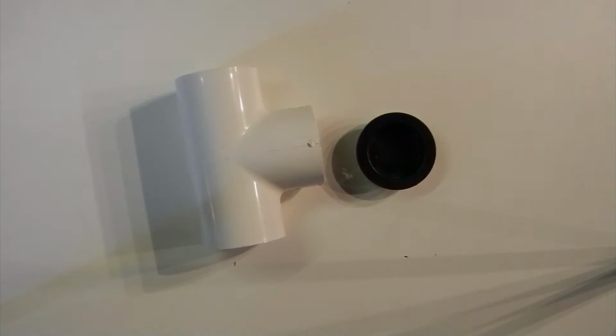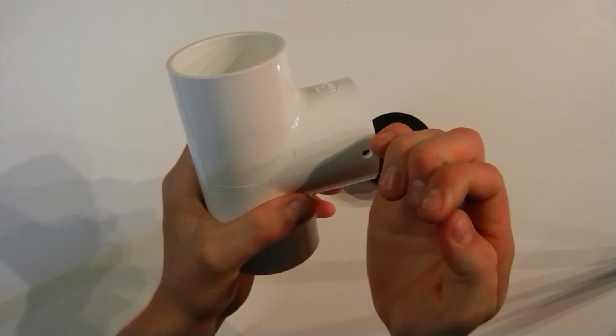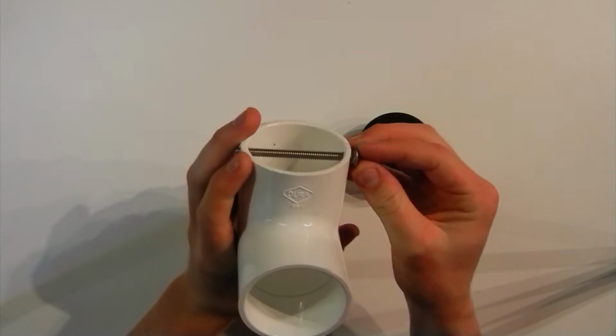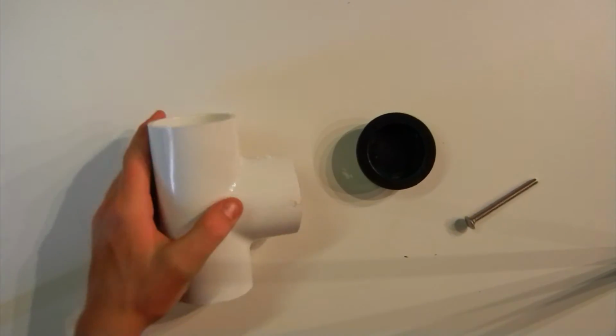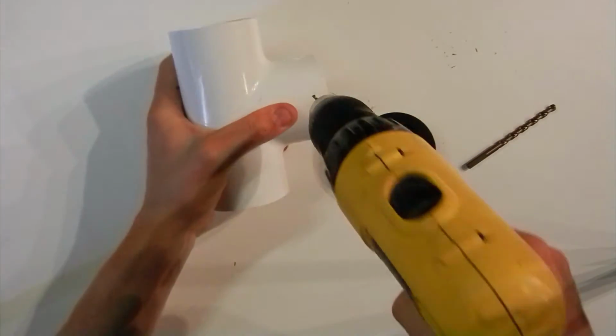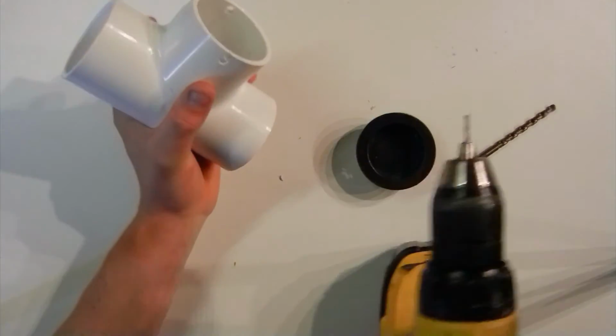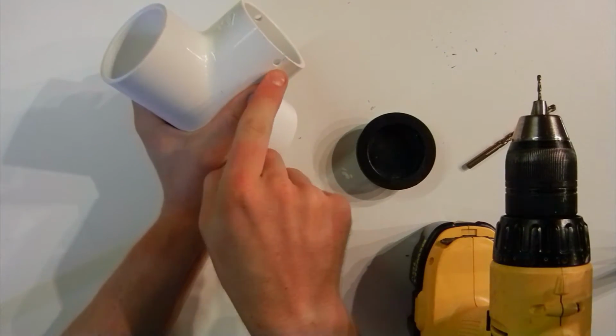Alright, now we have got our PVC T, our ABS plug, and now we've got to make the hole for the bolt that the bolt goes through square so that the bolt will actually fit in. To do this, we're going to put the little drill bit in our drill, and then very carefully, we're going to insert the drill and drill into the hole,